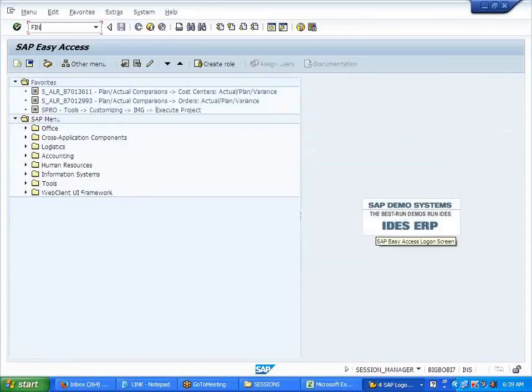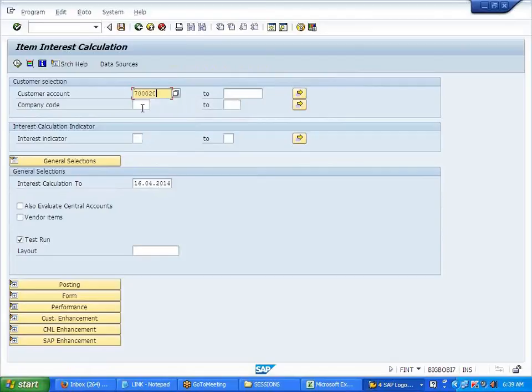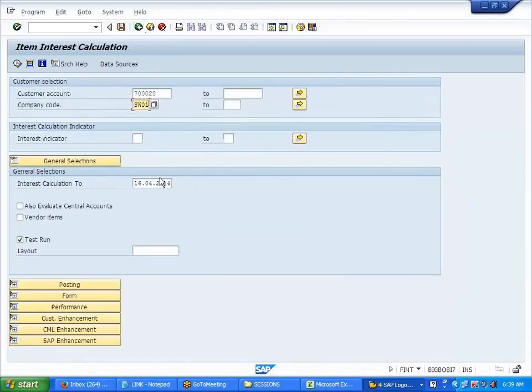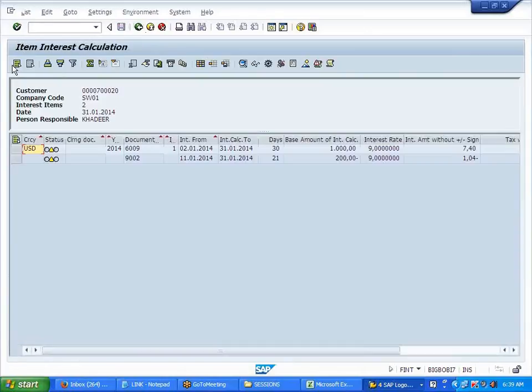I think we need to come out and do it again. Why is it picking this one?